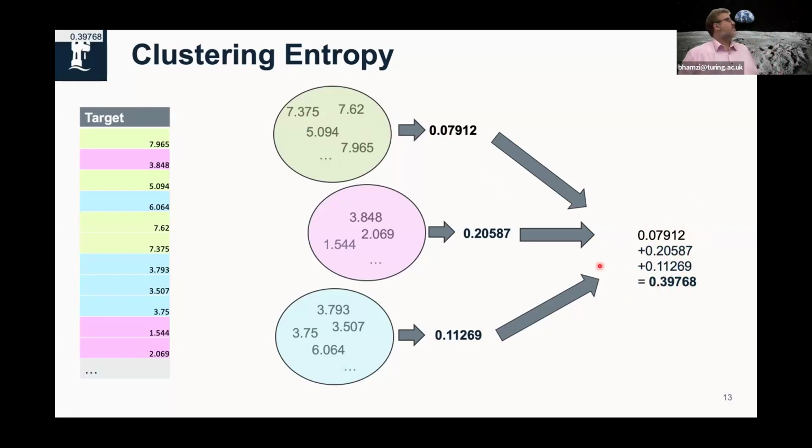So we get some kind of measure of that, and this is what I'm using as the relevance measure for that new feature. We've grouped together on the feature space side. We've then looked at that on the target side, and we've said how diverse are those features on that side.